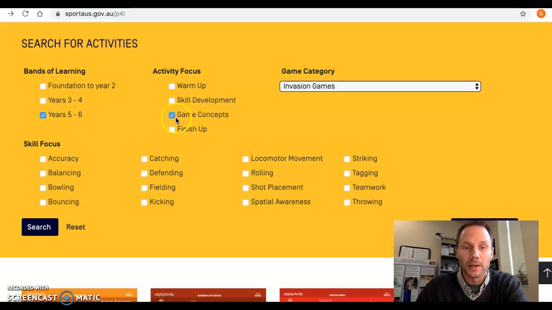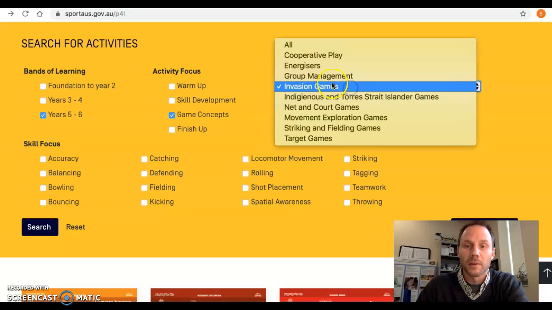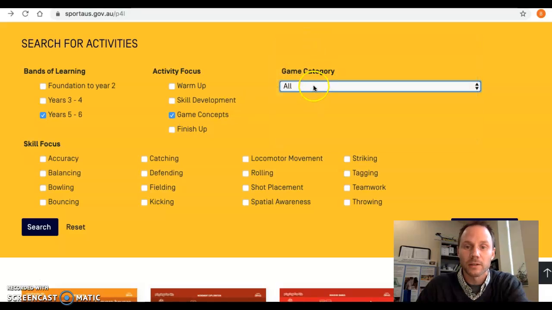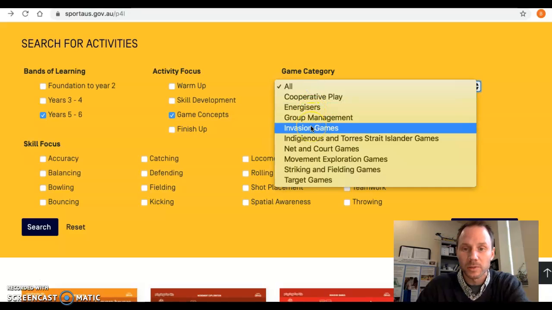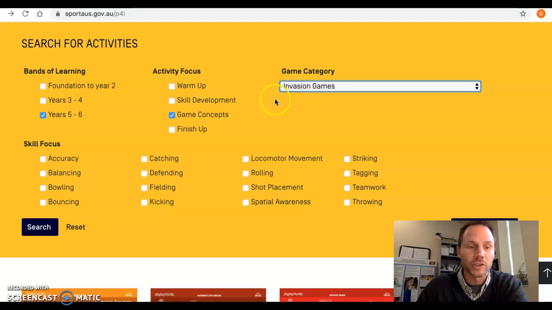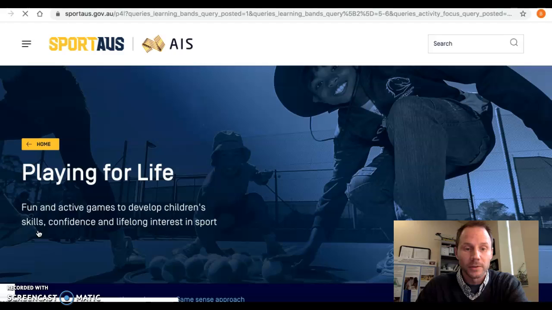So I've got my grade bands. I want to get some ideas for games right now. And if I want to, I can be generic, or I can maybe be a little more specific if I want to pick a specific kind of category. So I'm going to go invasion. I could be even more specific and pick skill focus if I want to. Once I search,